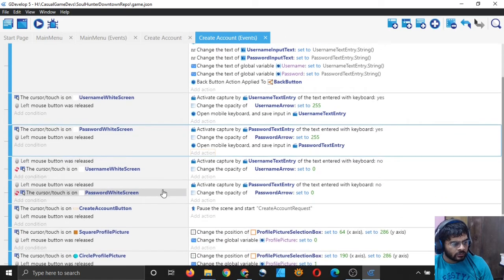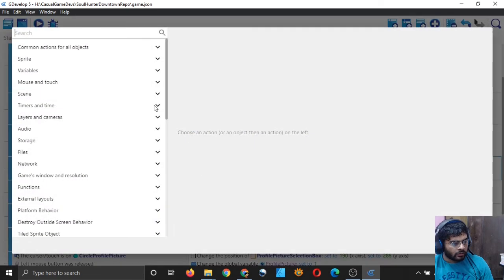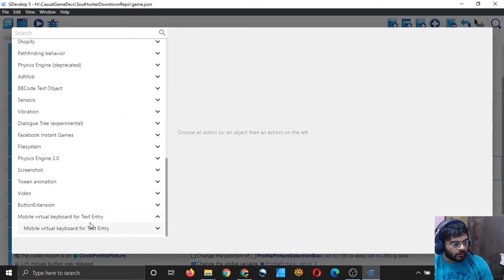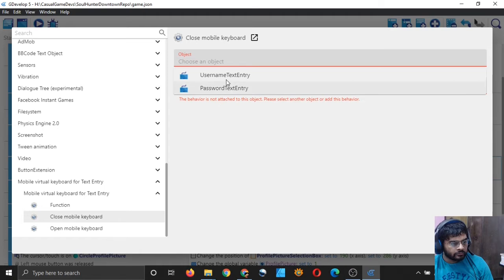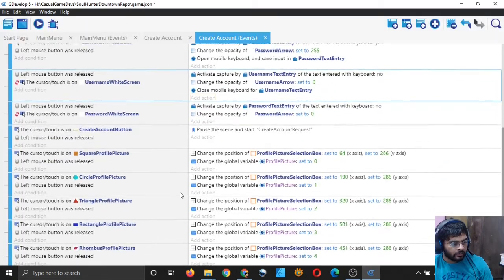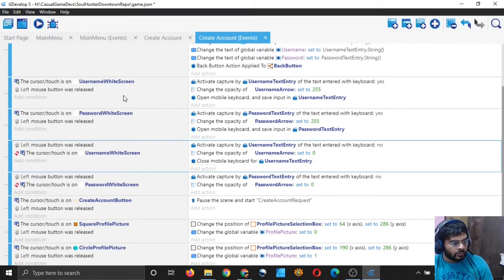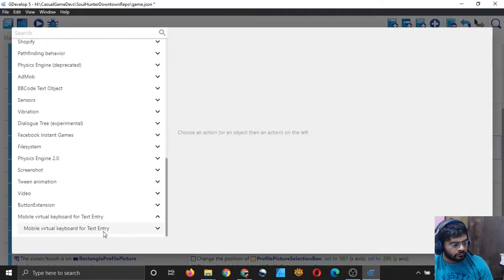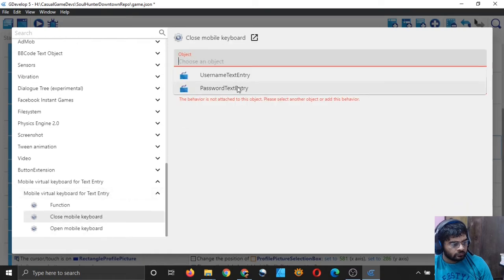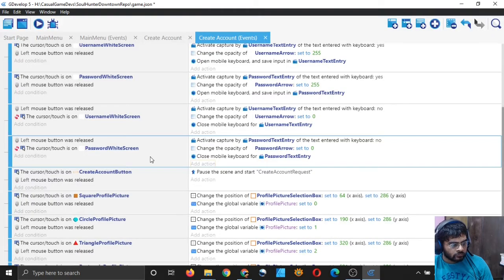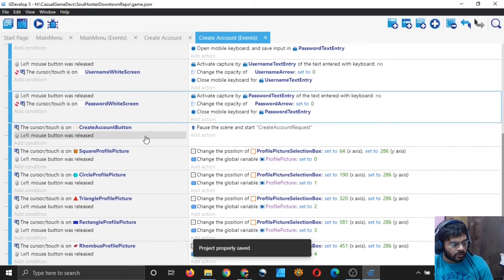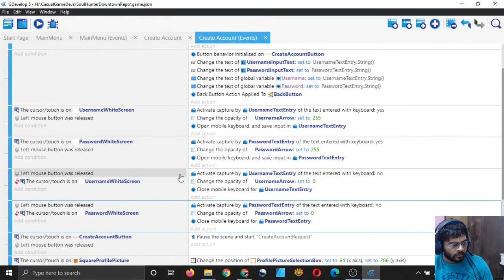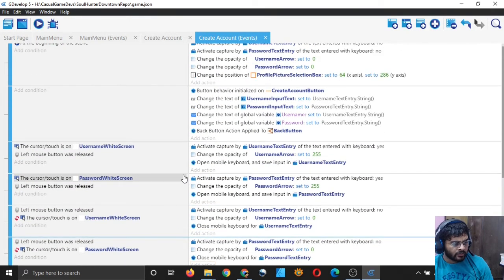And where activate capture is no, you can close the virtual keyboard for the username text entry first, right? And then the password text entry later. So that should do. That is looking good, right?